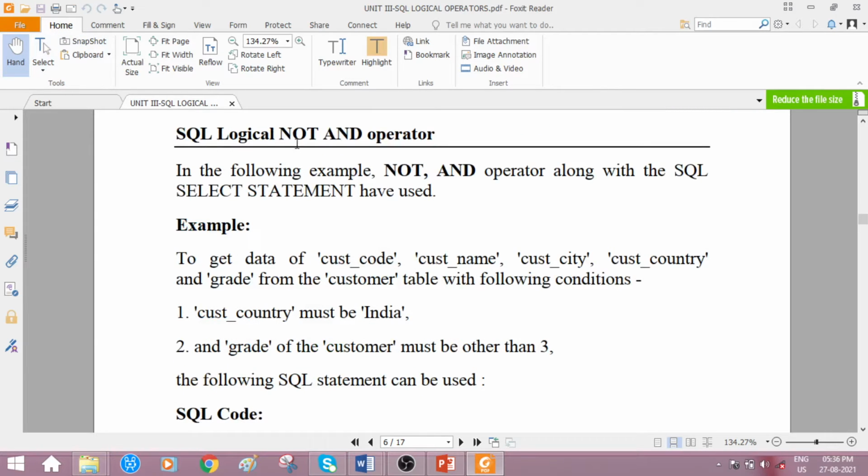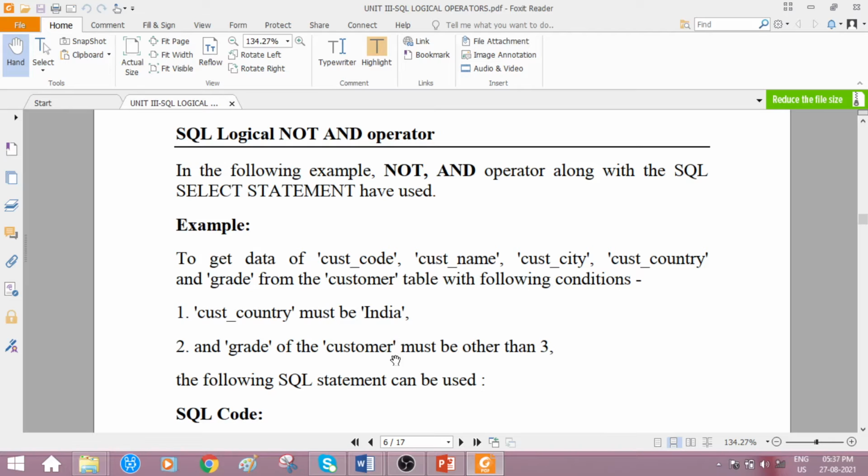Now we shall discuss the combination of the logical NOT and AND operators. In the following example, the NOT and AND operators along with the SQL select statement are implemented. What is the example? To get the data of customer code, customer name, customer city, customer country and grade from which table? Customer table, with the following conditions.